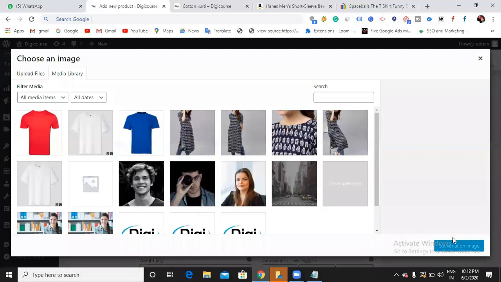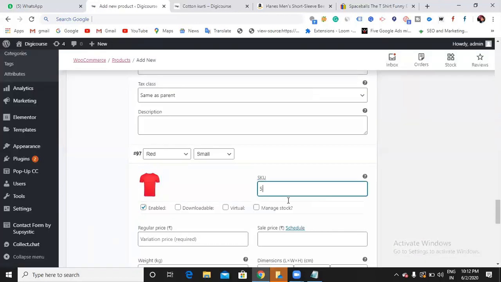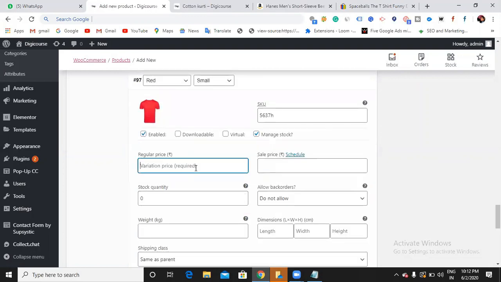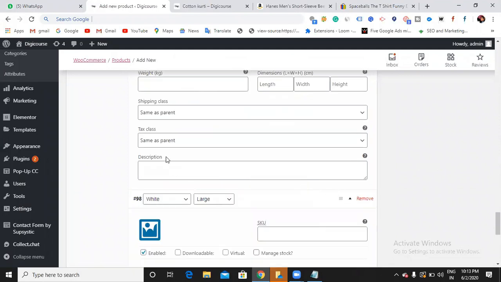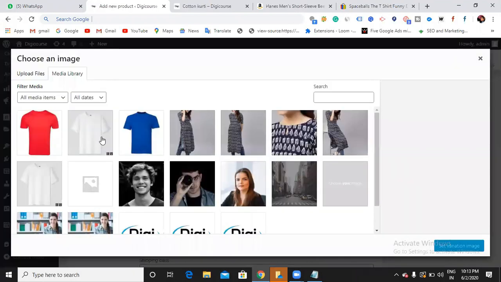Again, if you want to add some variations only, otherwise not required, just choose a simple product, that's it. I just want to have some variations for my product. That is the reason I'm adding all these things. If it's a simple product without any variations like colors and all, just choose simple product.